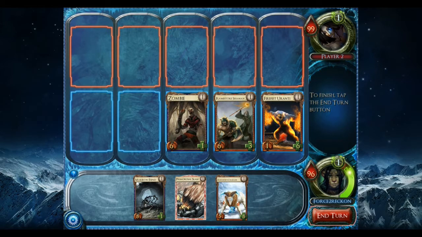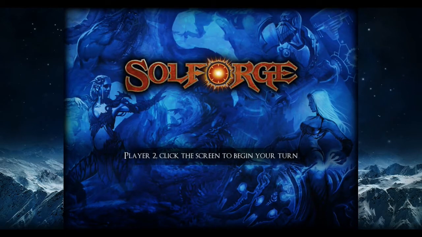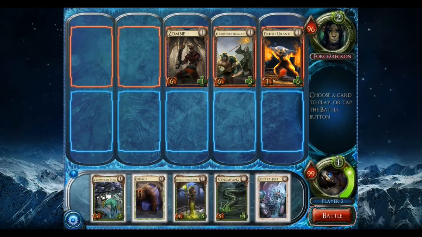Oh, it's 1 damage per turn. Okay. Well then that ate the armor this turn. And this isn't looking good for him now because he's starting to gain board control. Now, what I can do, however,